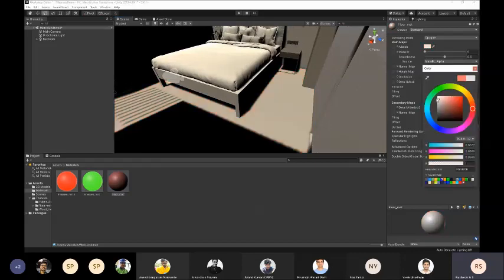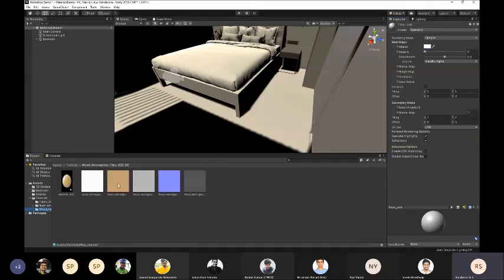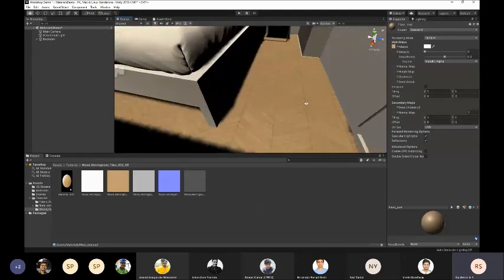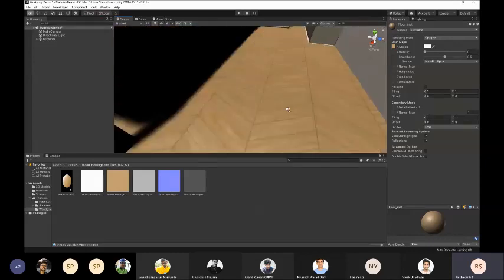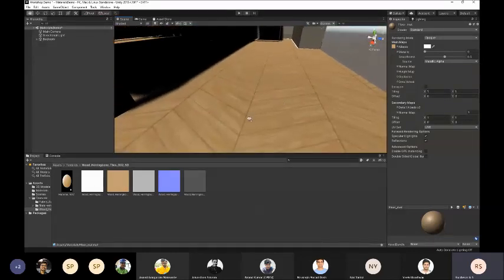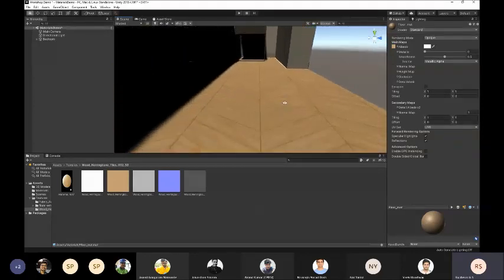But I don't want it to be that color. I want it to have a texture instead. So I'll go to that texture which I downloaded. This is the albedo map. I'm going to take that, drag it to this albedo map property and let go. Now you can see that it has a nice little wooden flooring texture, right? But one thing you notice is that this texture is flat. It's basically an image. It doesn't have any depth property to it.